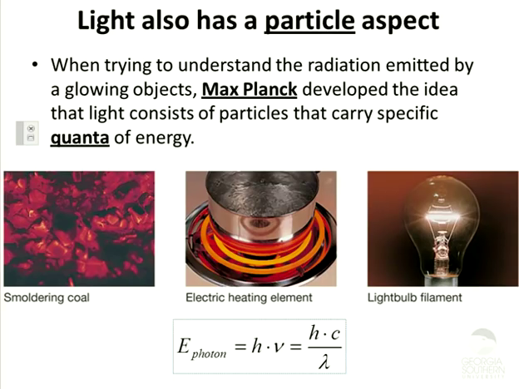But anyway, other people came along and did more careful measurements to estimate the value of this constant. But even though other people have contributed to finding a value for this constant, to a lot of decimal places, it's still called Planck's constant to give credit to Max Planck for his initial flash of insight that light was actually made of particles. Okay, so